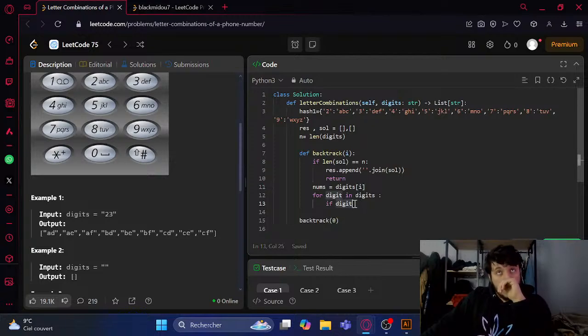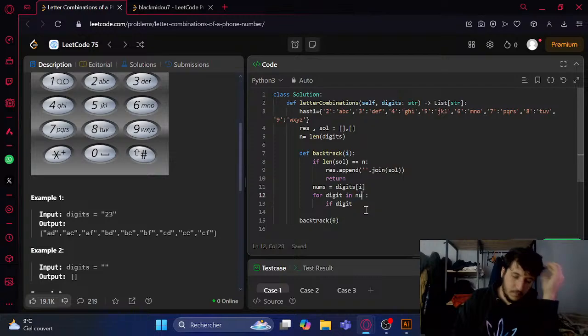And here, if digits in nums, in hash1 of